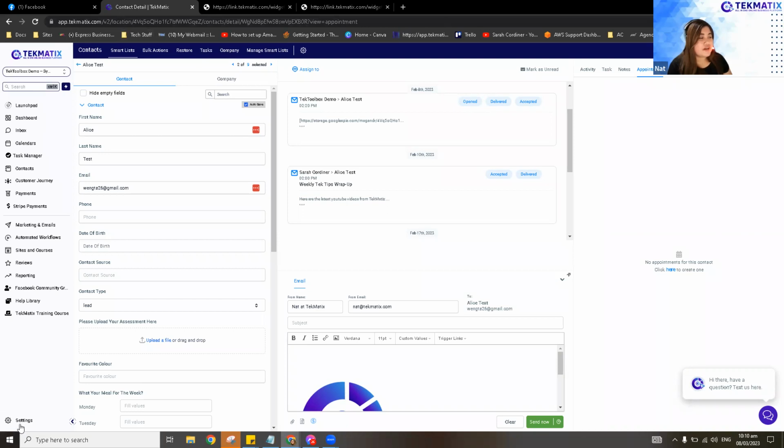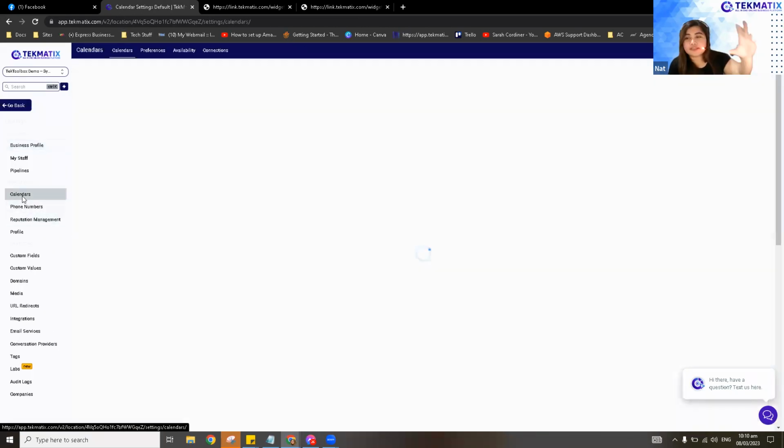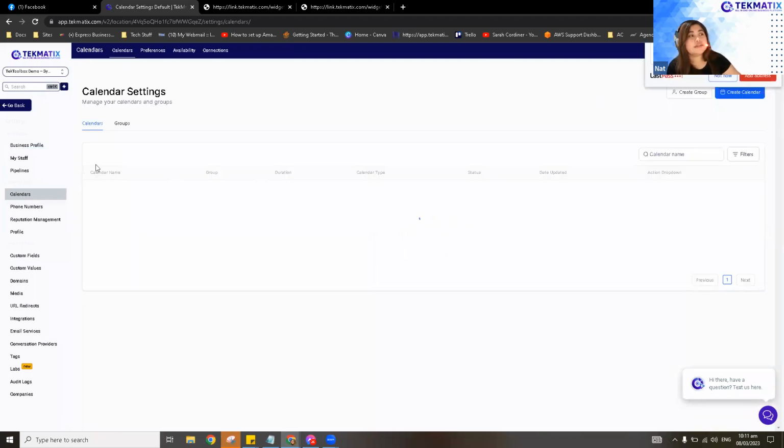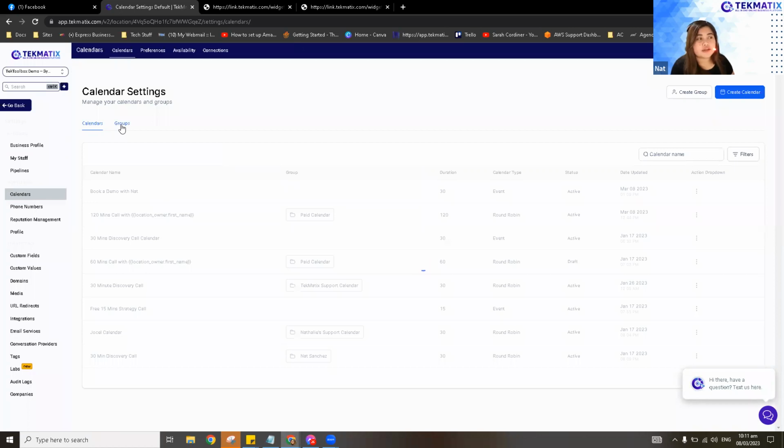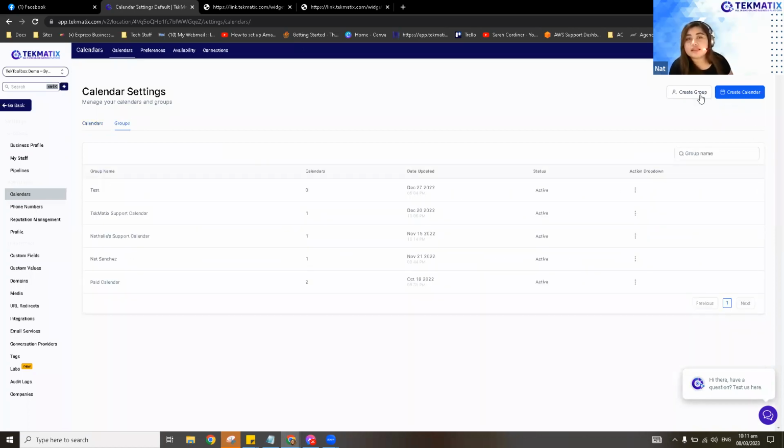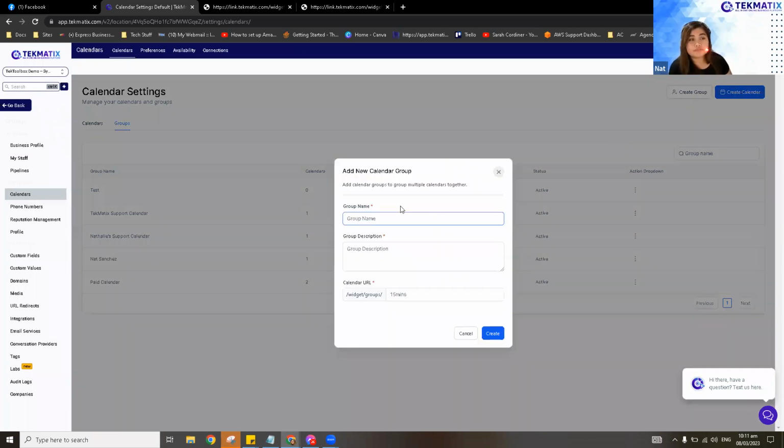So let's move on to the exact calendars. First, let's create the group, and then I'll show you how it looks. Under calendar settings, you will see group. Click on that one, and then create group. Again, the group name can be your company name, your branding name, or just your name. Let me just put in TekMatix demo team.